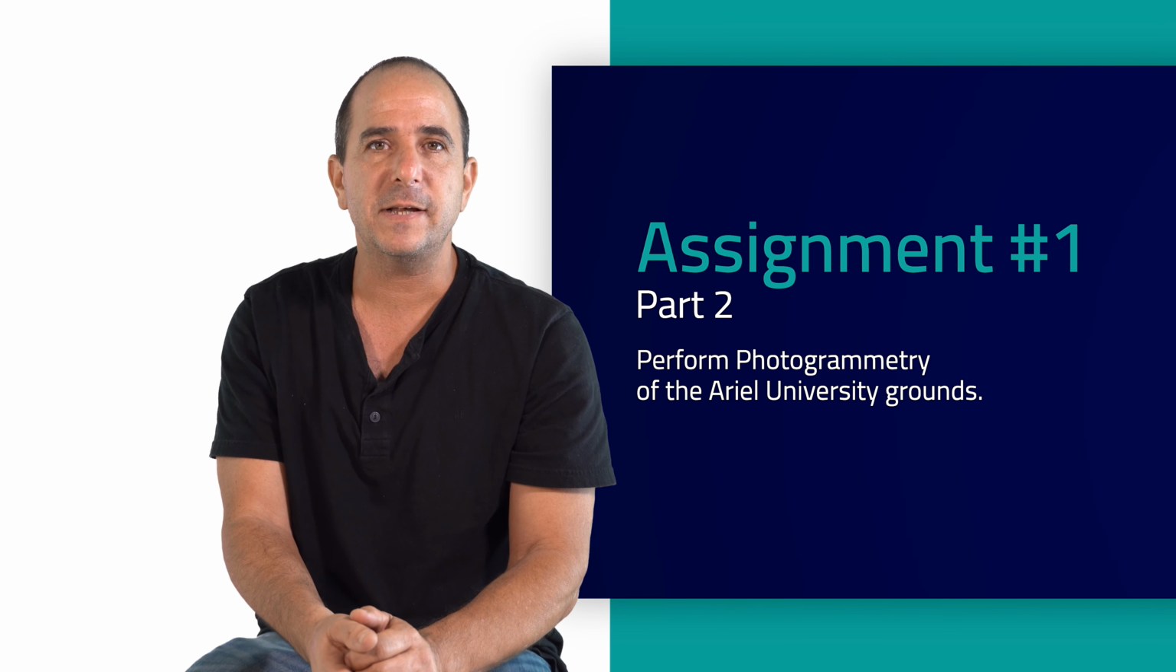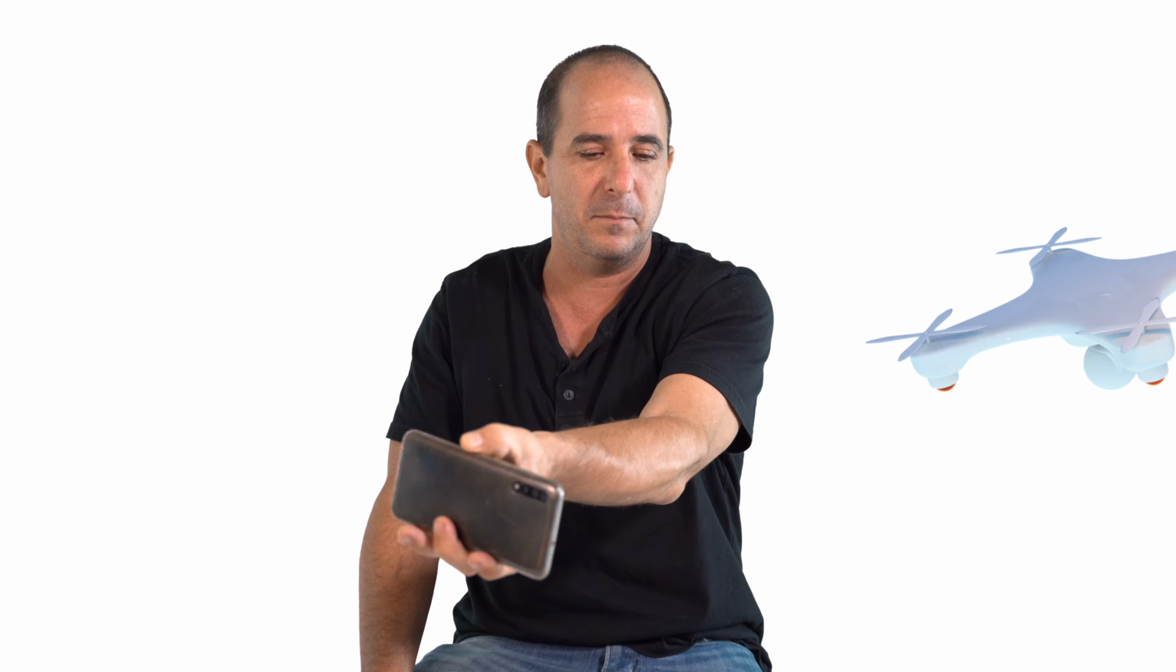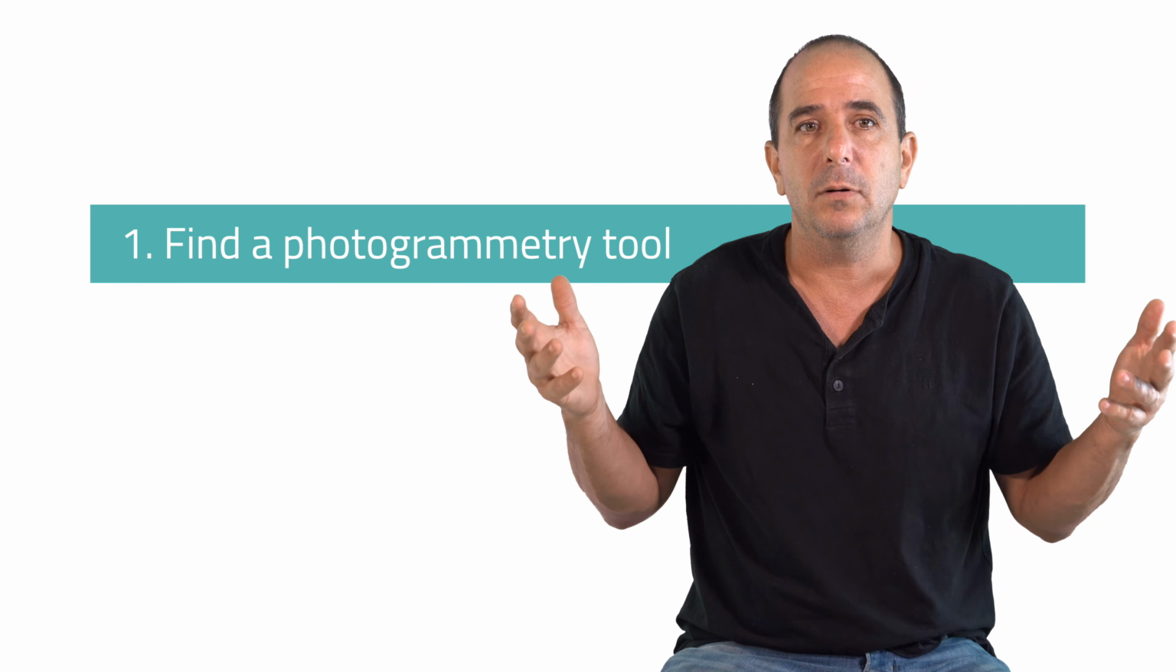We've supplied you a set, actually two data sets, of images from a drone that flew over Ariel University in some pattern and took photos every 10 meters or every 5 seconds. Some of the images are in high resolution, some others may be a little bit blurry. And your task is to take a look at those images and find an open source or an available software